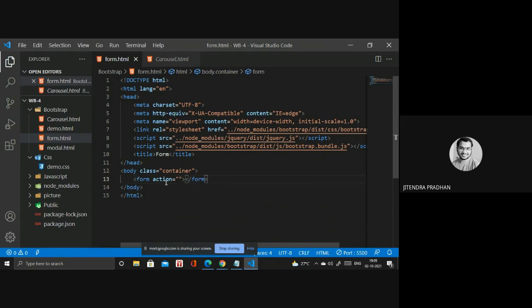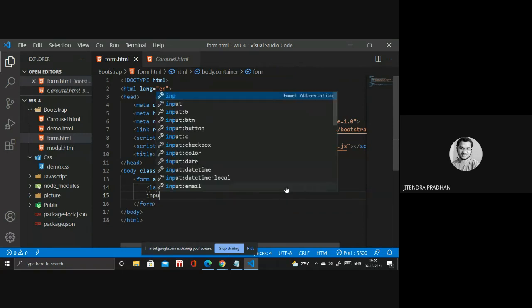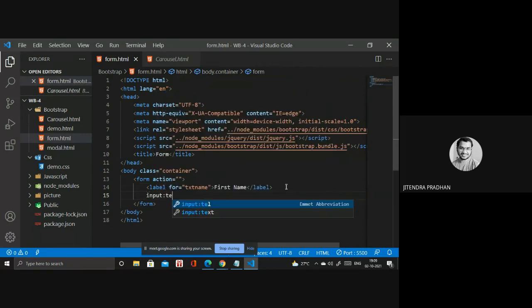Inside the form, you have to create a label, for that label, txt name, first name. Okay, and inside you have to write input type text.